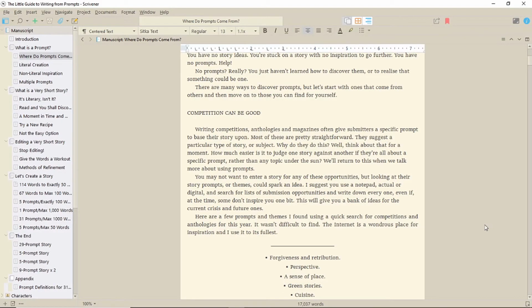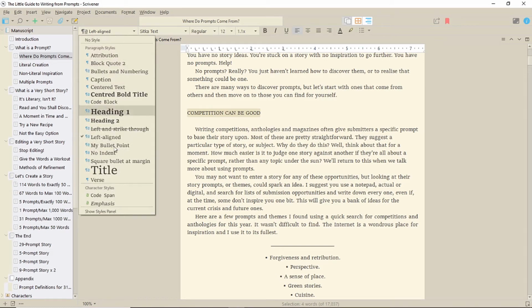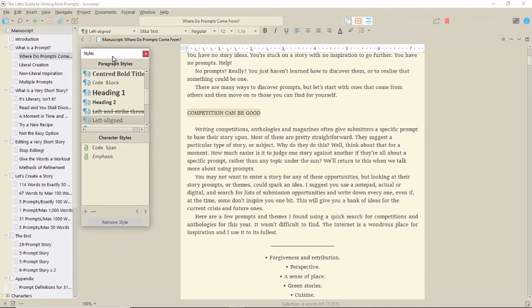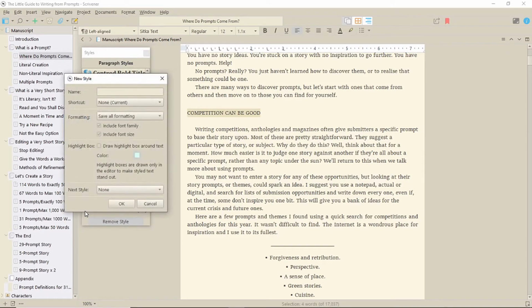If you're putting some of your subtitles directly in your text, as I have here, you want them left aligned. Don't just leave them as is. All the text in a document is left aligned in the editor, but when you compile, that will become justified, and you may find some of your titles get stretched, which is ugly. To get round this, instead of using preserved formatting, which has some issues, create a title, highlight it, and open up the Styles panel, and make this into a left-aligned style. The left-aligned format will override any standard formatting in Compile.